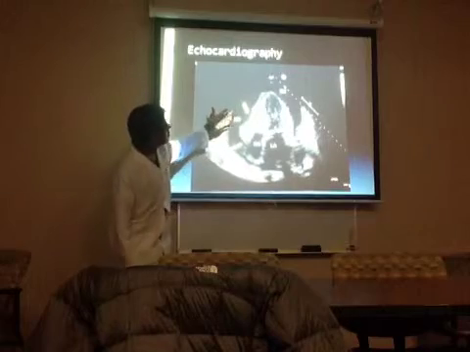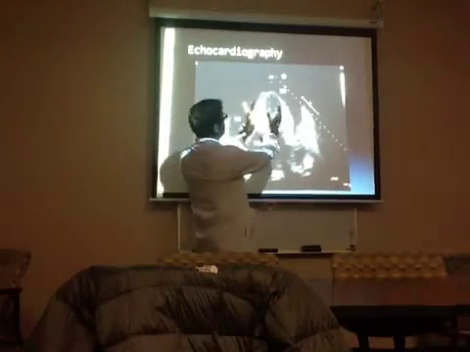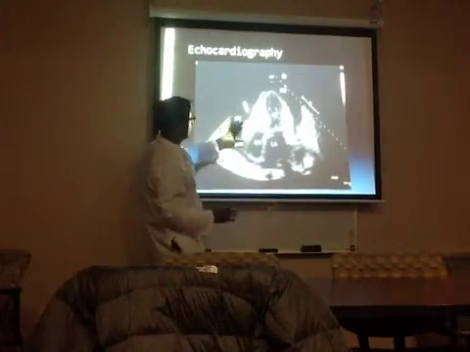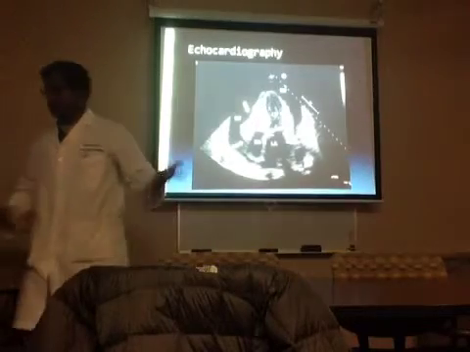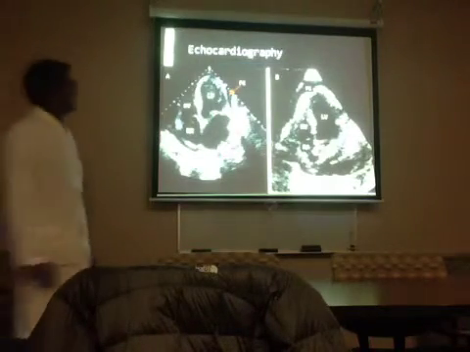So this is probably diastolic. You see the LV is expanded. So there is end diastolic compression of the RA and RV. So it's a classic tamponade finding. Here